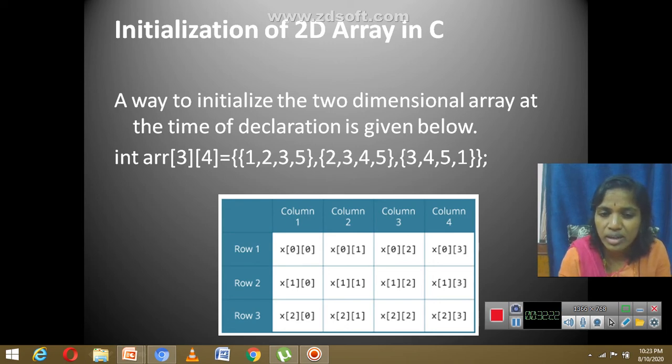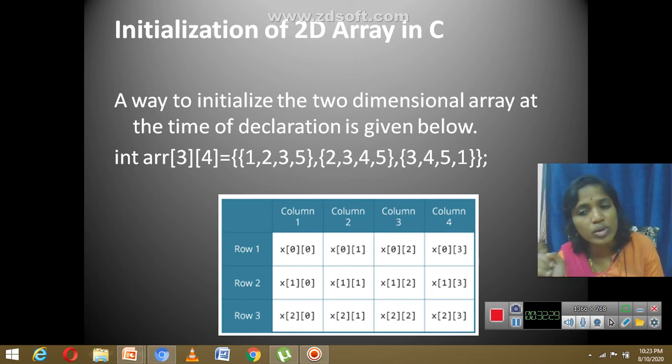For columns, I will take another loop variable, which goes 0, 1, 2, 3. So j also goes from 0 to n minus 1. Here you can take it as m by n: m for rows, n for columns. So you can write it as m number of rows and n number of columns.